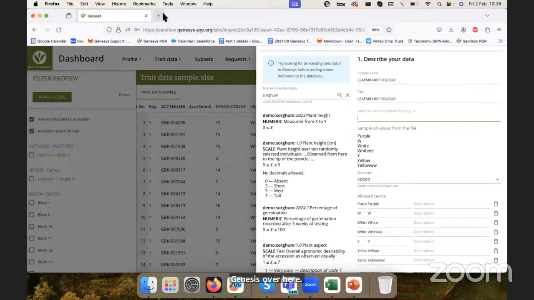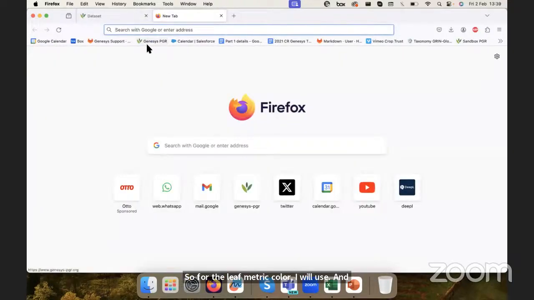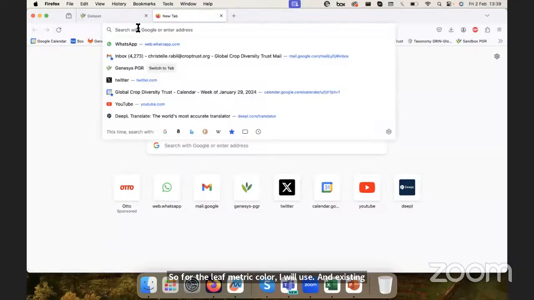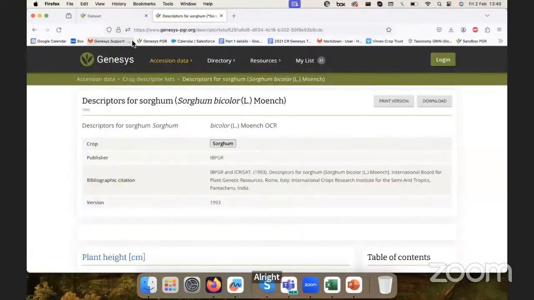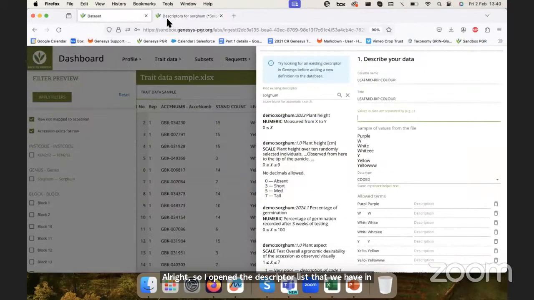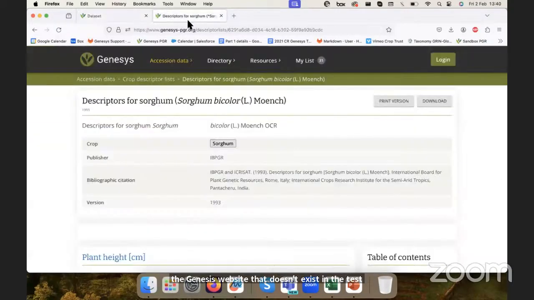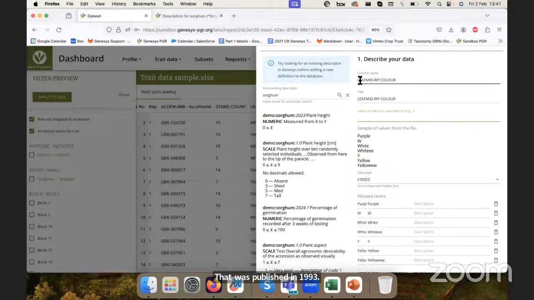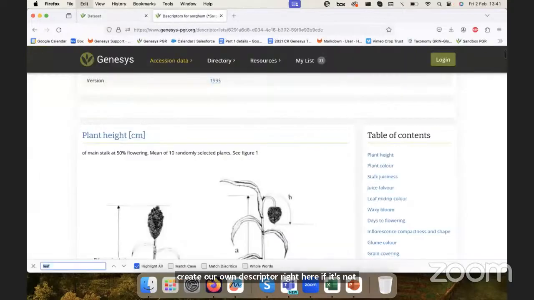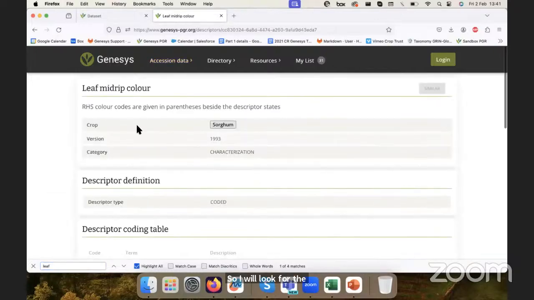So for the leaf midrib color, I will use an existing sorghum characterization publication, and the descriptor list that we have in the Genesys website that doesn't exist in the test website that we have here. So I will refer to it. This is the IBPGR and ICRISAT publication of descriptors for sorghum that was published in 1993. And I will show you how we can, based on this list, create our own descriptor right here, if it's not already existing. So I will look for the leaf midrib color descriptor,